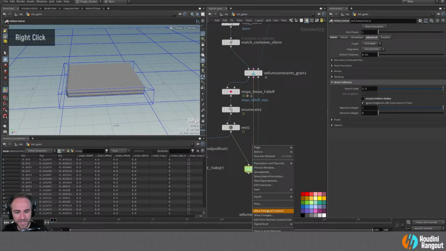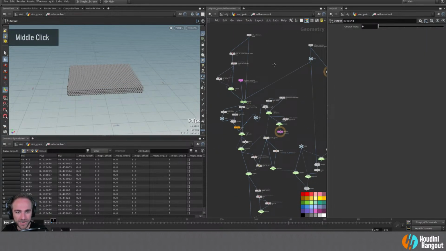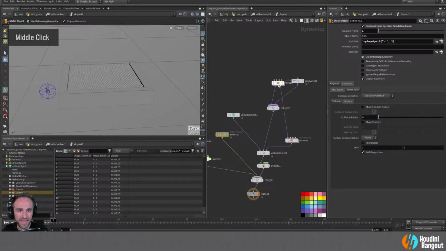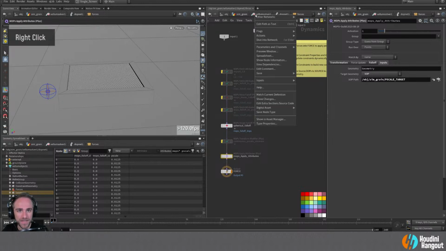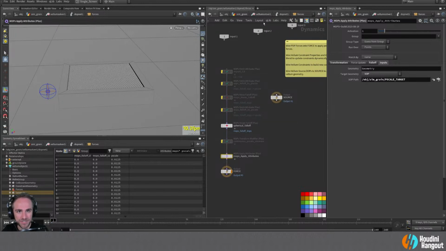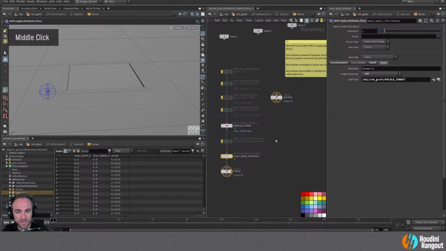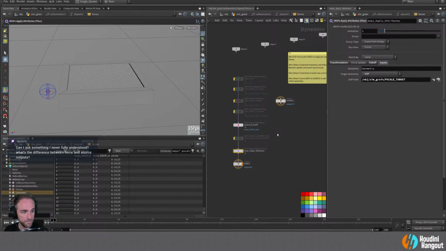So if I was to allow the editing of contents of this and jump inside, okay, now we've got this network, and then we're going to jump inside again to our dynamics network, and then we jump in again to our forces. And that's where we were doing all of our work, right? So I'm just going to match current definition from here just to make sure that we're back. Oops, we're back where we were. There we go. So basically, if you did a straight DOP network, the